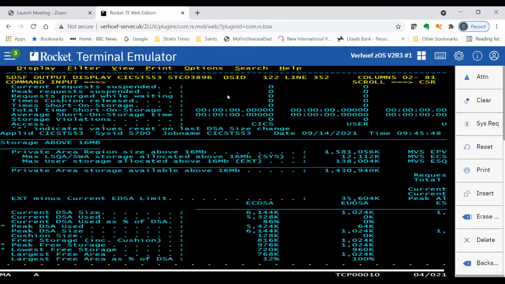So every time you get the cushion released, you know that you're up around the upper layers of the EDSALIM allocation. So what we want to see is 0 here, and the times short on storage, we want to see 0 here, and the average short on storage times.